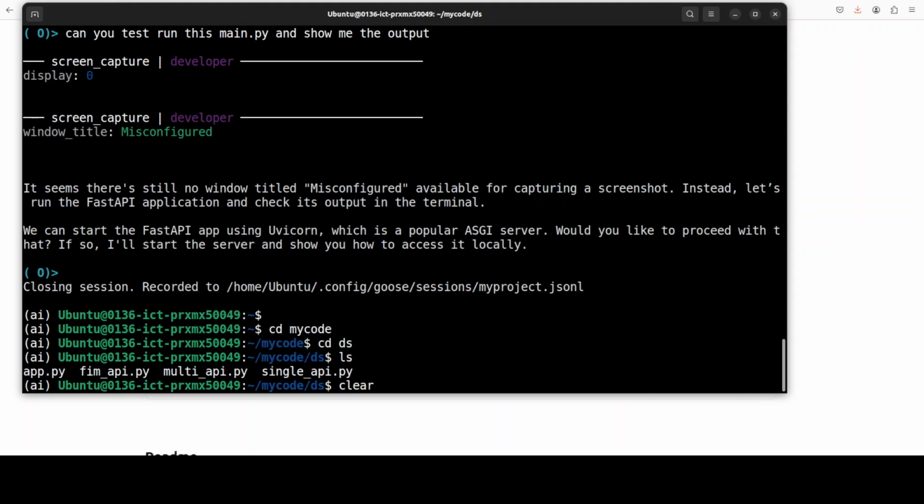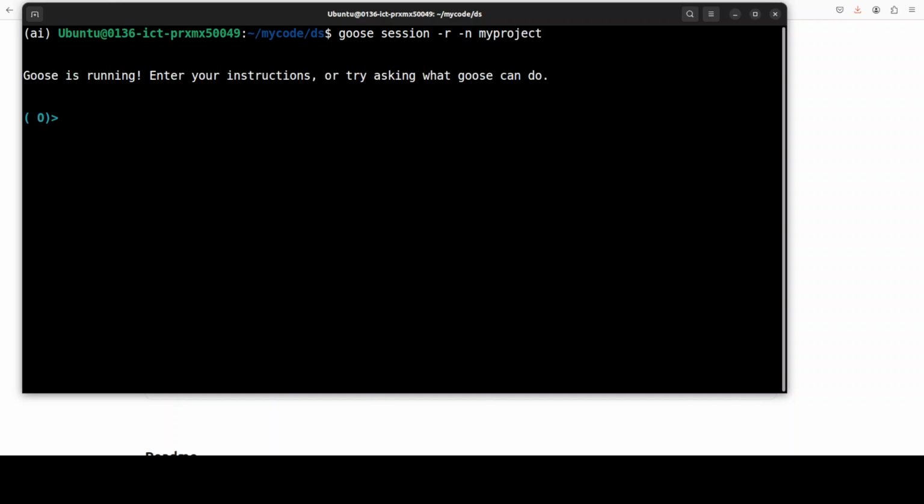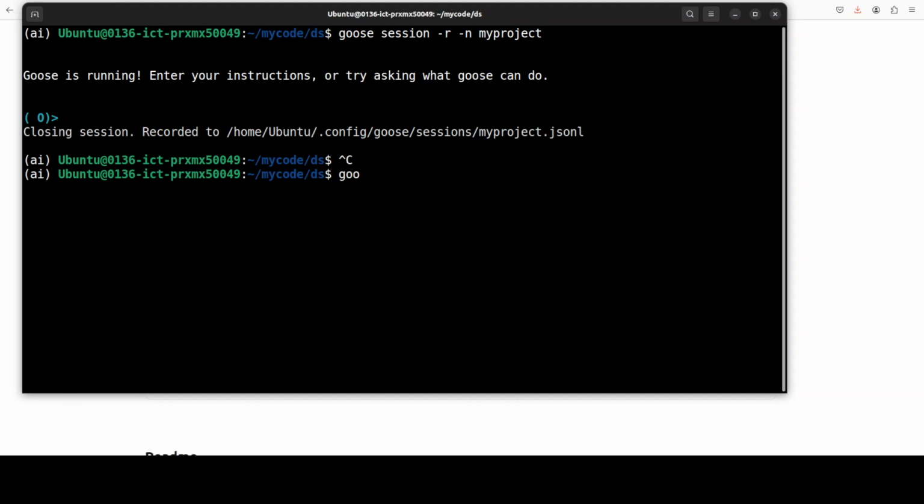So these are the files, and then similar to what we did previously, I'm just going to create a new session. And by the way, you can even resume the session by doing something like goose session dash r or dash dash resume dash n my project again. So I have got attached to the previous one, but I'm not going to go there. I'm just going to create another one, goose session. You can also write it like this, dash dash name, my existing project,